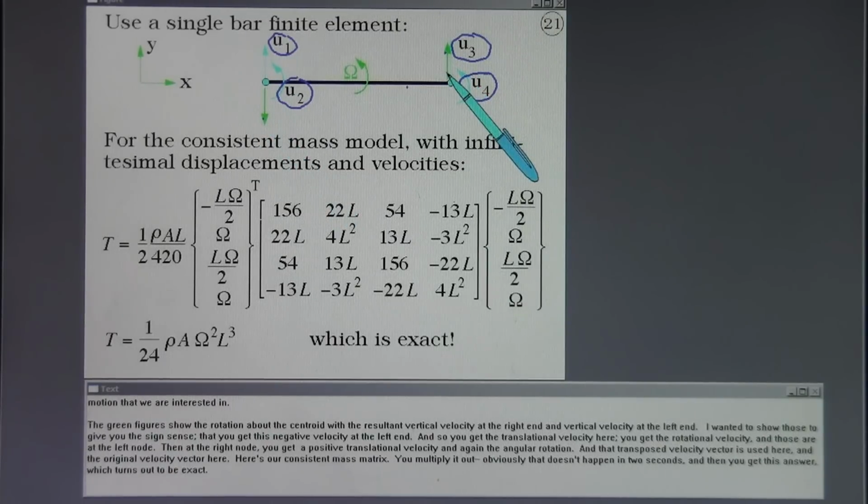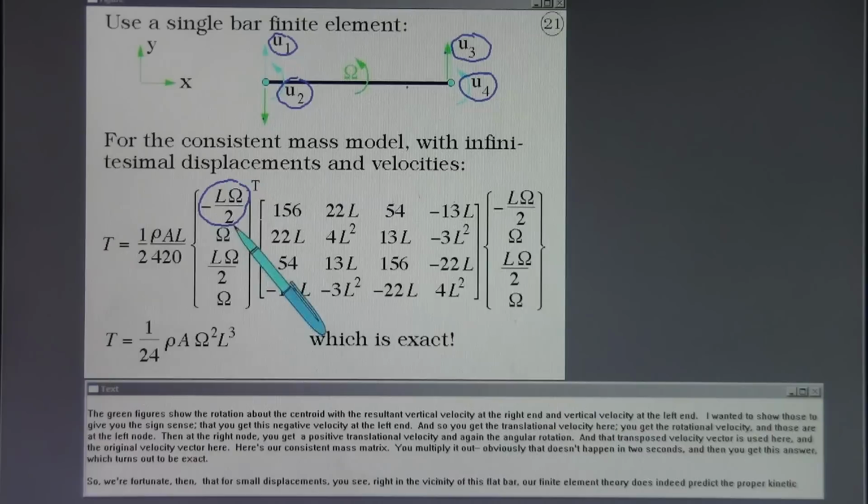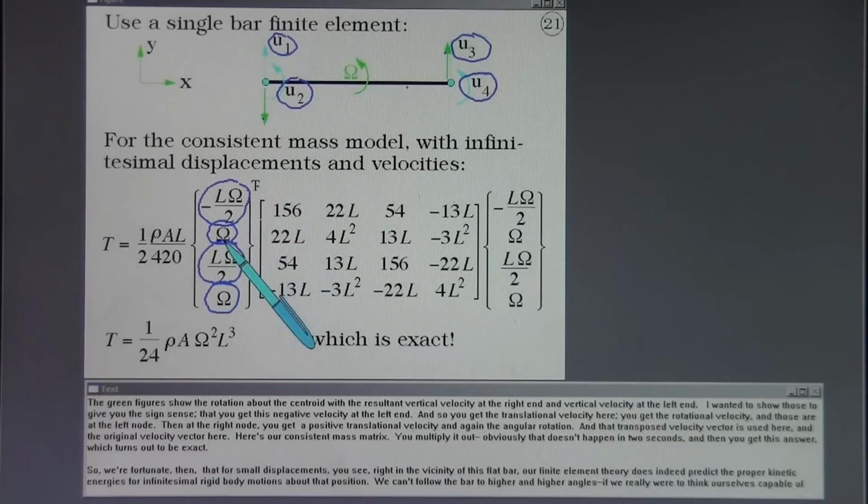I wanted to show those to give you the sign sense that you get this negative velocity at the left end. And so you get the translational velocity here, you get the rotational velocity, and those are at the left node. Then at the right node you get a positive translational velocity and again the angular rotation. And that transposed velocity vector is used here and the original velocity vector here. Here's our consistent mass matrix. You multiply it out. Obviously that doesn't happen in 2 seconds,